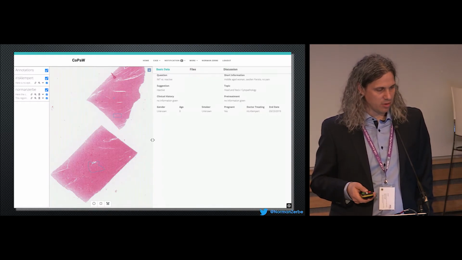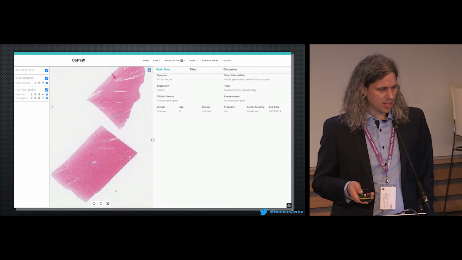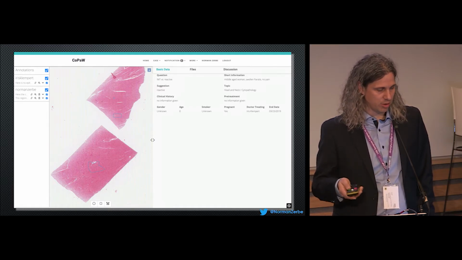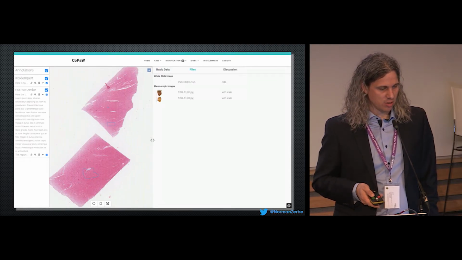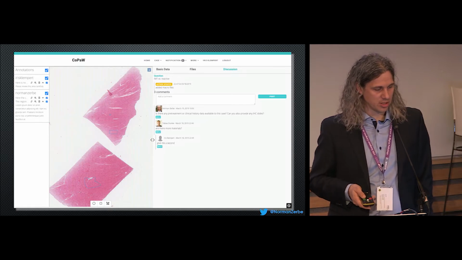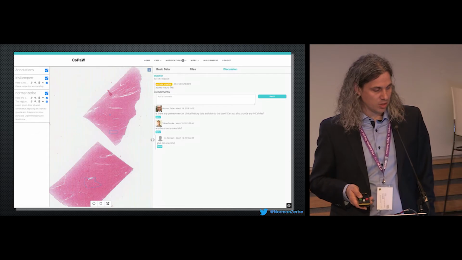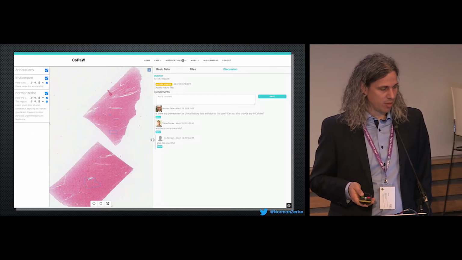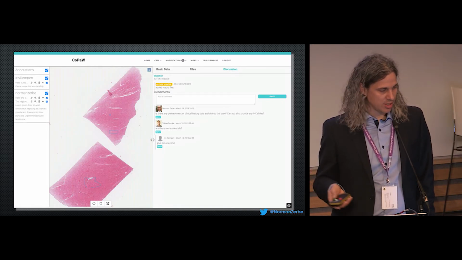So you have a side-by-side view of the image data on the left, and of all the textual and metadata on the right side. Here you have different tabs on the right side: the basic data which we saw in the first form, the files attached to that case, and you also have the possibility to discuss interactively, in a thread-based manner, the questions that are arising or the recommendations that are given by other authors. And you can of course also add annotations, as I said, to that case.